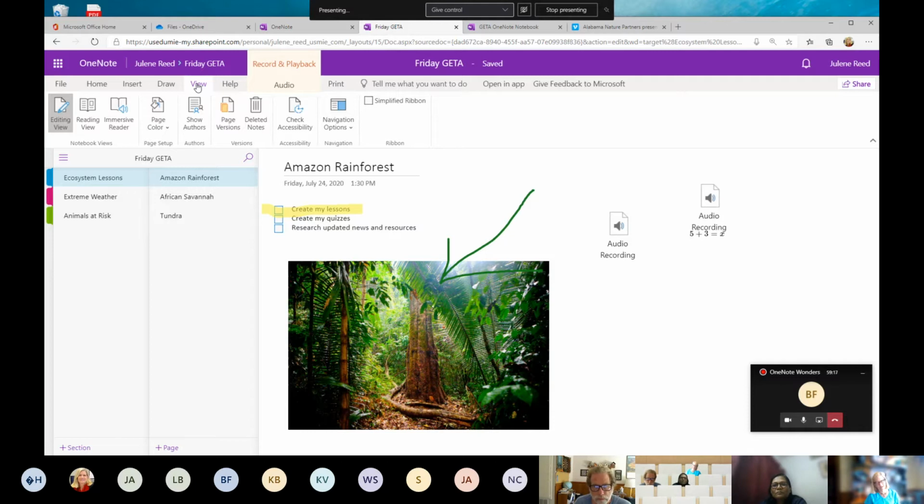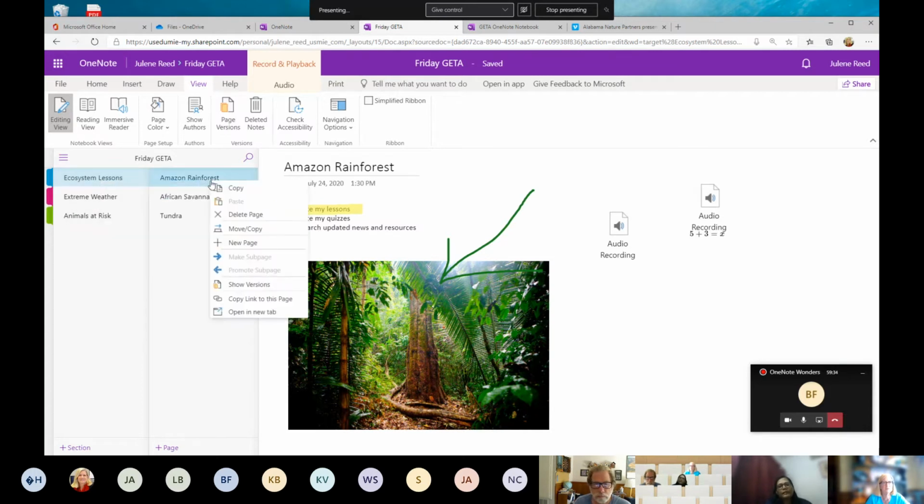Awesome. Can it be imported? If I create a OneNote, yeah, and this is it. If you create a notebook in OneNote, it can be imported into class notebook. It's not a great way to do it. A lot of teachers keep it separate like this and then import sections. You can move sections, or you can move